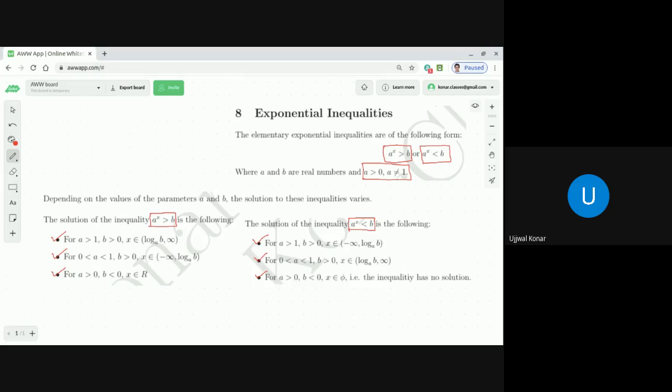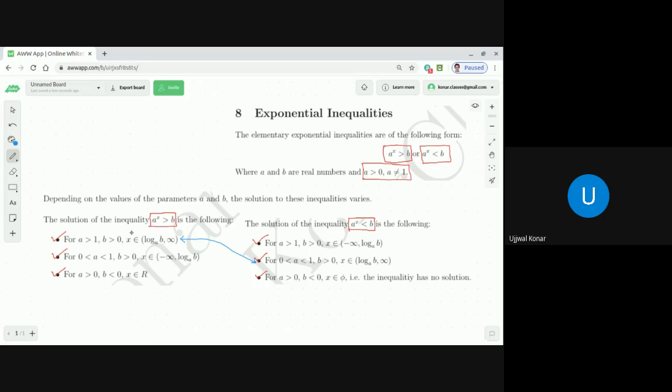So what I said, these are actually inverted. If you see, in the case of a^x > b, when a > 1 and b > 0, the solution set is actually equivalent to the solution set of a^x < b when a is between 0 and 1 and b > 0, isn't it? Let me use a different color so that you can understand. This solution and this solution actually correspond, right? Isn't it, dear students? If you notice. I'm saying this just to remember, so it is to remember in a more optimized manner.